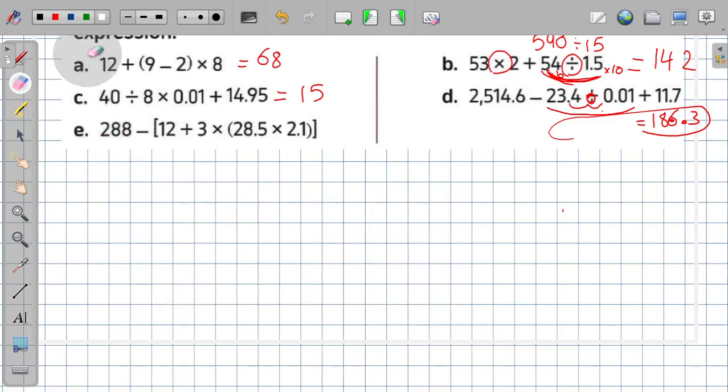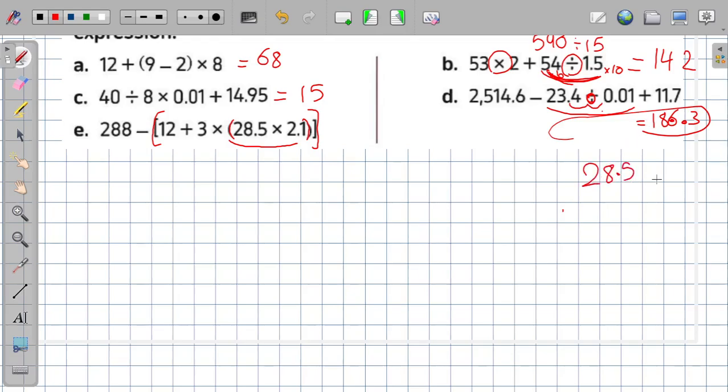So I have 288 minus 12 plus 3 times 28.5 times 2.1. So I have a big bracket and small bracket. Okay, so what can I do? I would say that first let's do the small bracket. So I have a multiplication operation inside the small bracket. So I will multiply